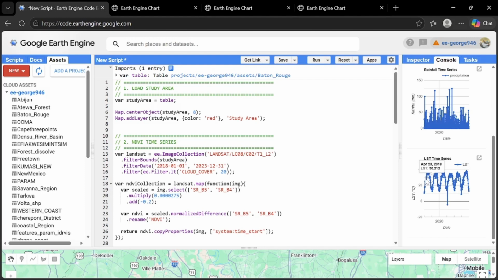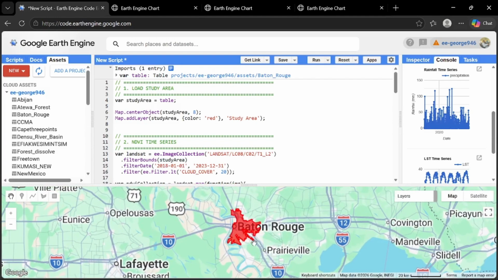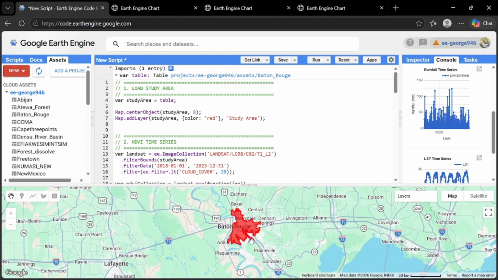So first of all, you need to load your data, that is your assets. Here you can see I have loaded my assets, and then I have displayed my assets here. You can see it's showing in a red color. If I click on run, you will see my shapefile here. So this is my shapefile, you can see it here. All right, so the next thing that we are going to do is we are going to deal with our